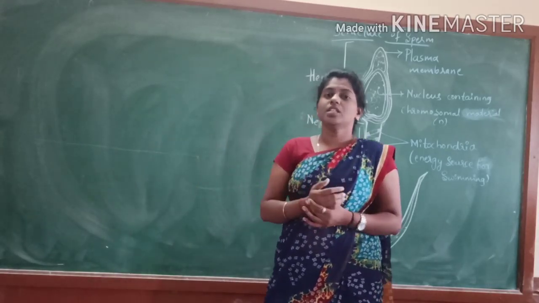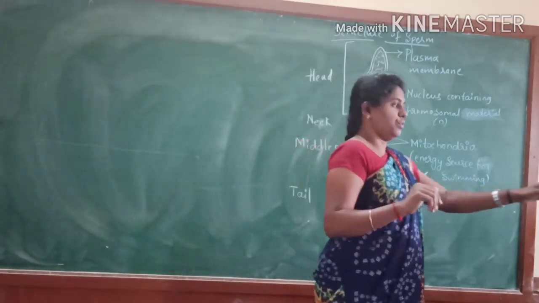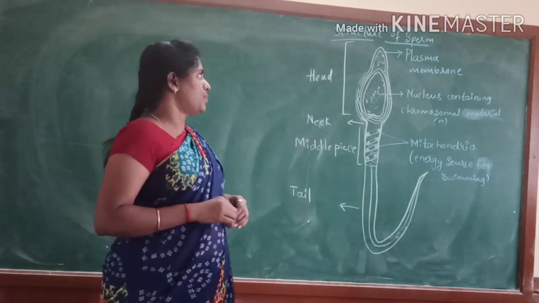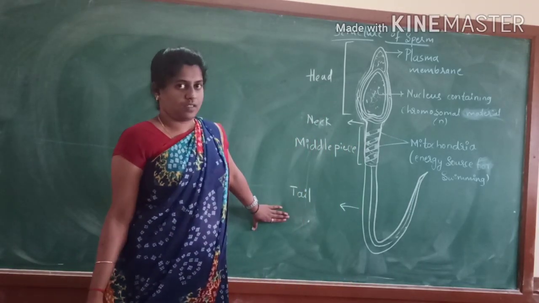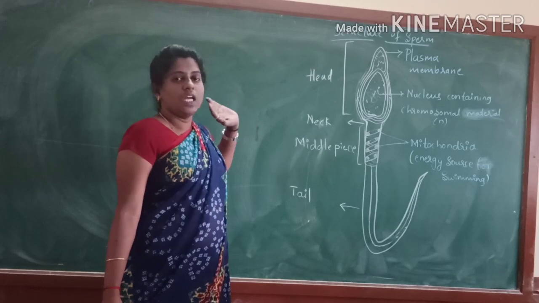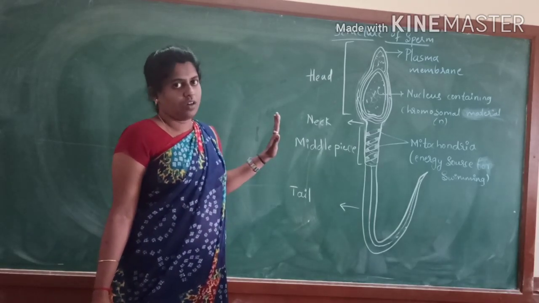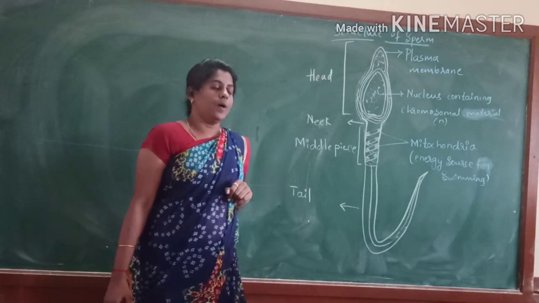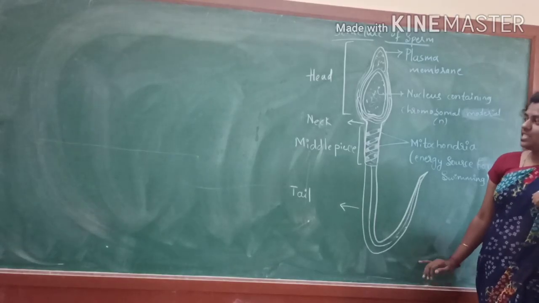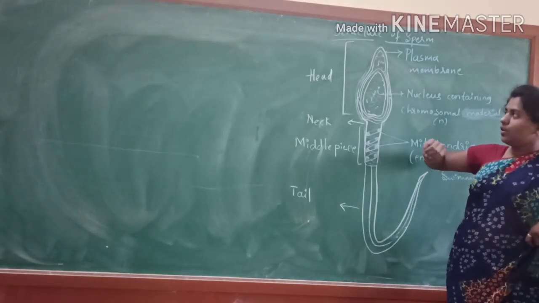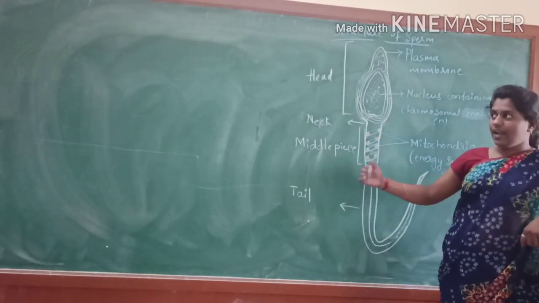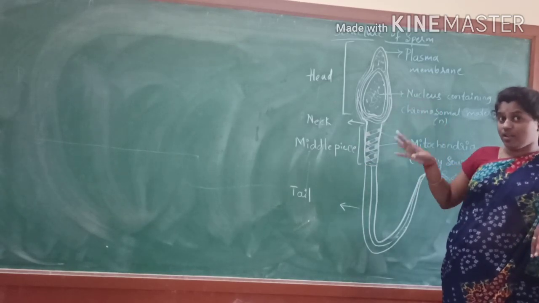After spermatogenesis, we come to the spermatid, which will be converted into sperm. A mature sperm looks like this. The main motile sperm represents the male gamete. The structure of the sperm mainly consists of four parts. What are those? Head, neck, middle piece and tail, right? And now we will see how it is organized.